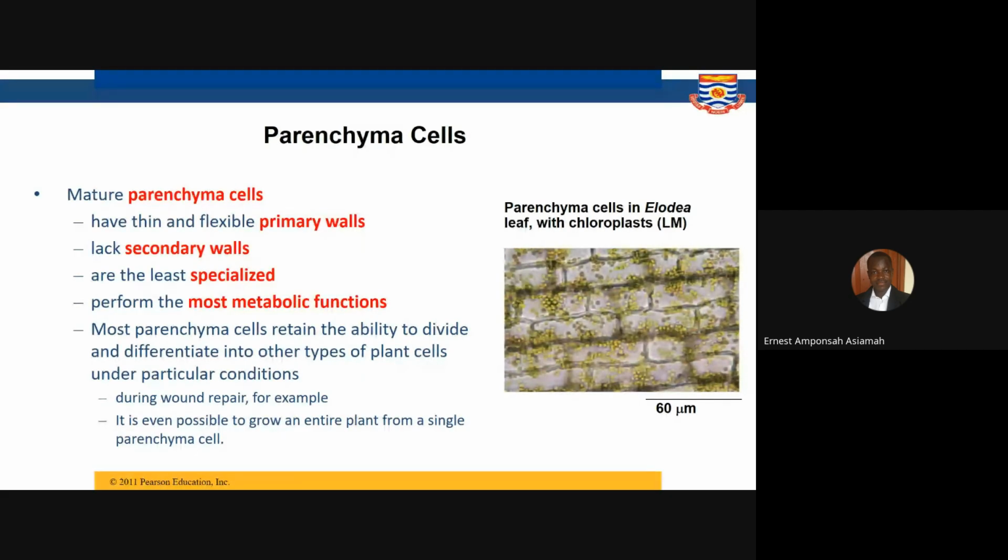And these cells are the least specialized, and their major function is to perform the metabolic functions of the plant. So most of the metabolic functions that we can ever learn of the plant are performed by these parenchyma cells. The parenchyma cells are always dividing, and they also have the ability to differentiate and give rise to the other cell types. So most of the parenchyma cells retain the ability to divide and differentiate into other cell types under particular conditions. So, for example,